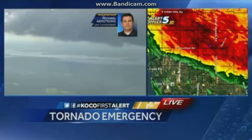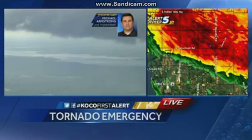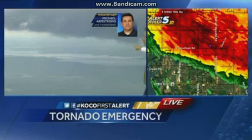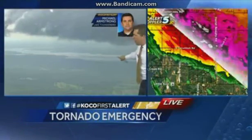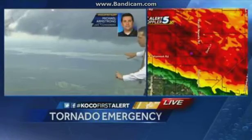I think it was close to producing a tornado earlier. I think it's still there. So I think the tornado warning is warranted for this storm. Back to you. All right, yeah, we're watching it closely, and we might be getting some reports now, at least